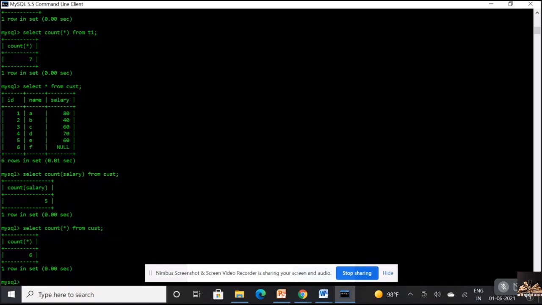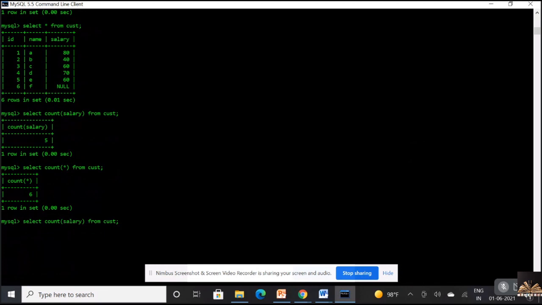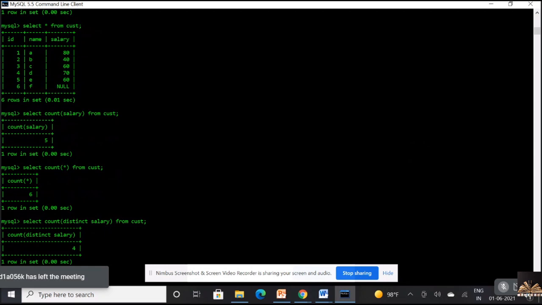Now, again, I'll be using select count of distinct salary. It would be giving me 4 instead of 5 because 60 is repeated twice over there. Hence, it is giving me 4. I hope the concept of count is clear.